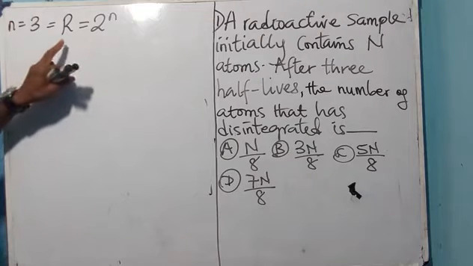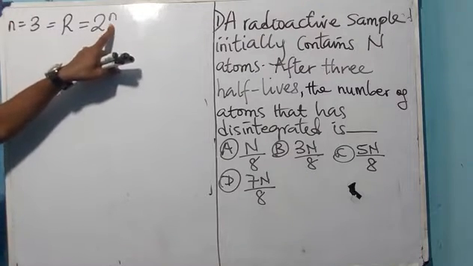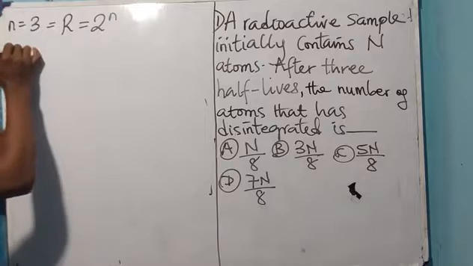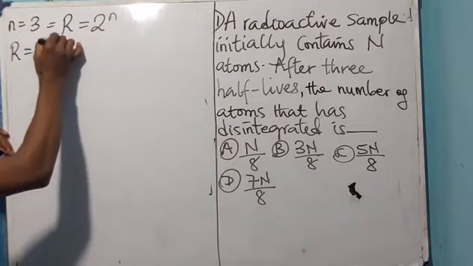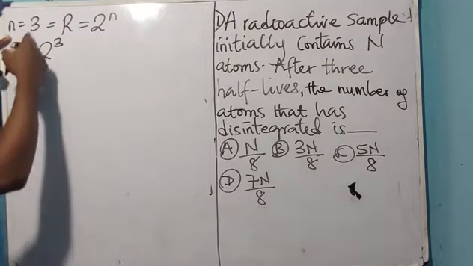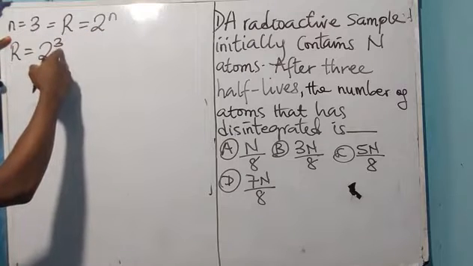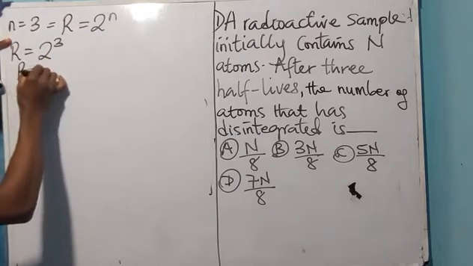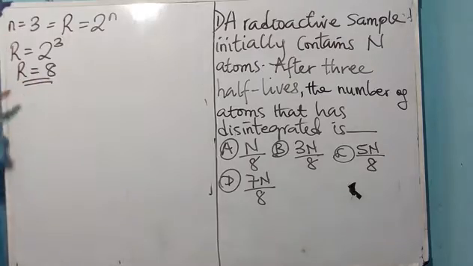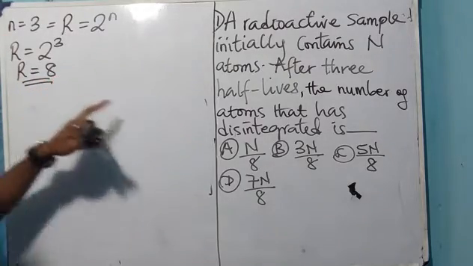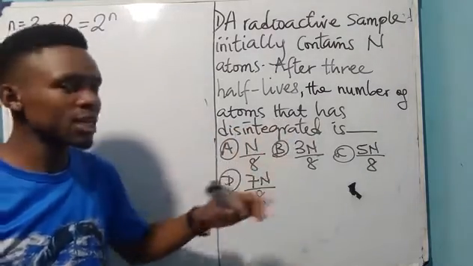Excuse me. I told us that R is equals to what? 2^N. It therefore means that R is equals to 2 raised to power what? 3. Since N is 3, R is equals to what? 8. We've gotten the value of R. But they said the number of atoms that has